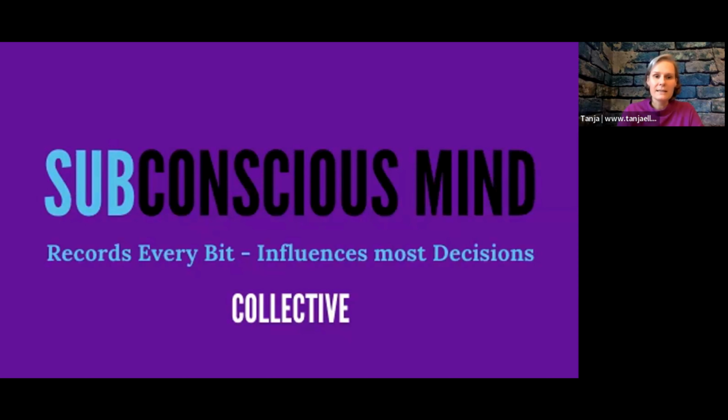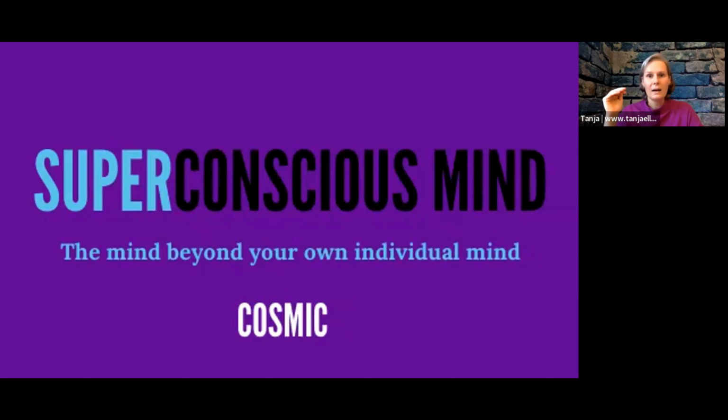And now let's do the next step and look at the superconscious mind. That is the level of awareness at which we have both. We have access to our conscious mind, but we also have access to our subconscious mind, and we go beyond that. So we go beyond our individual mind. In the superconscious mind, we are aware of both our physical and our non-physical reality, and also of the consciousness that is underlying both. So what this actually says is, when we are in the superconscious mind level, then we are aware of the quantum field.